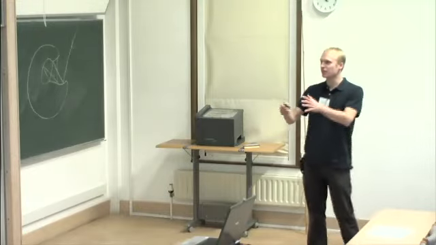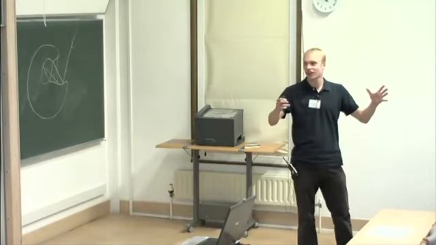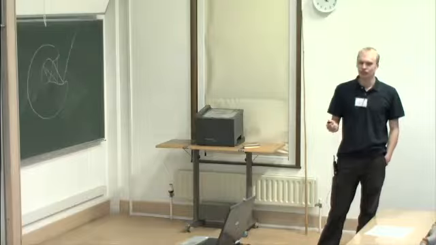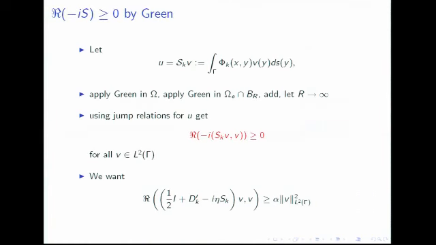So I apply Green's identity inside, apply it outside, let R tend to infinity, and just after a few lines of calculations using the jump relations for the single layer potential U, I get that the real part of minus i SV, V is greater than or equal to 0 for all V in L2. Okay, so this is a well-known result, but we looked at this and said, well, here we've got information about